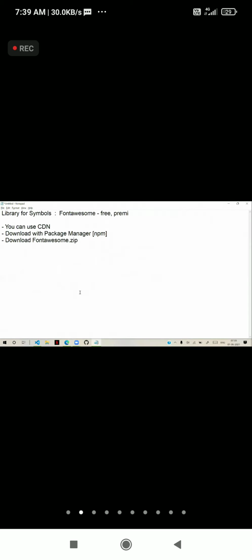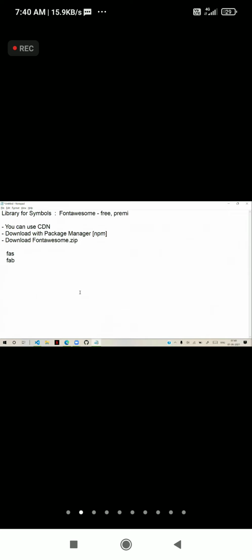So generally, we have FAS, FAB, so many like that. FAS, FAB are the classes. FA home is the symbol name. This is the base class actually. Some symbols will be FAS, some symbols will be FAB. Combinations will be there.